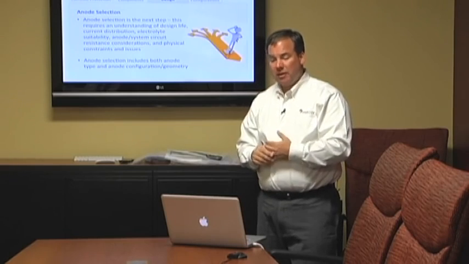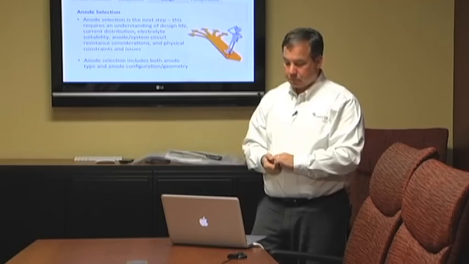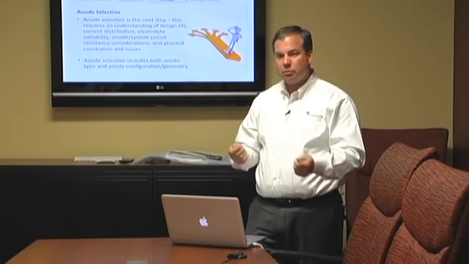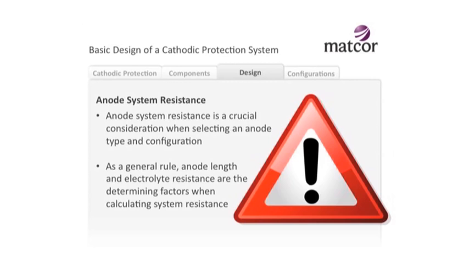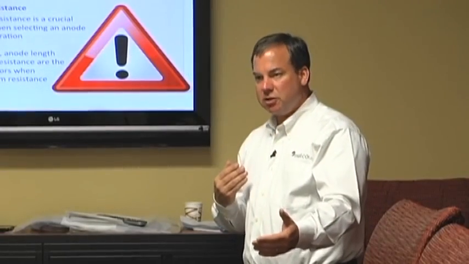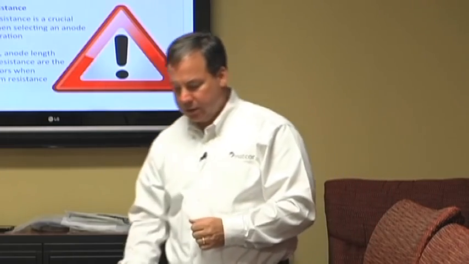I'm talking about electrolyte stability. Does the environment change over time? So there's a lot of constraints when it comes to picking what anode to use. One other issue we talk about is anode system resistance. Anodes have a resistance factor based on their geometry largely. So it's important when selecting an anode to have some idea of how much resistance you need to be able to drive current. I'll go through some of those calculations in a bit, but the key thing there,